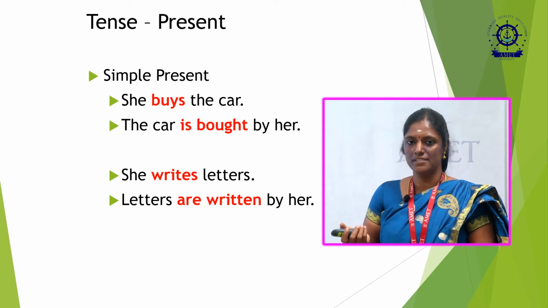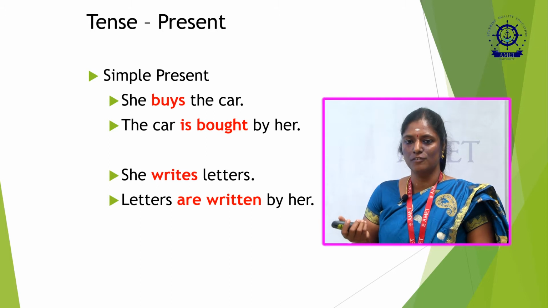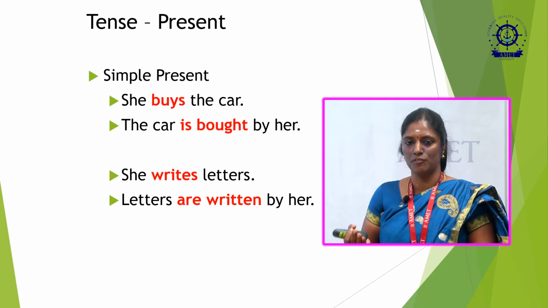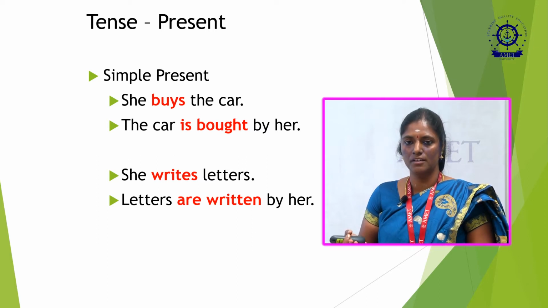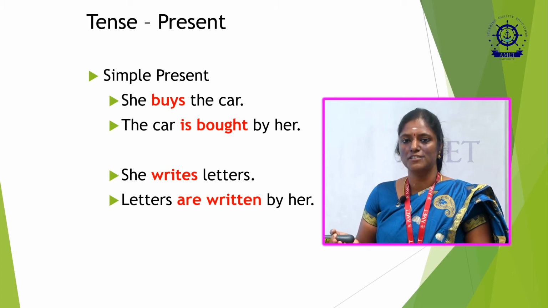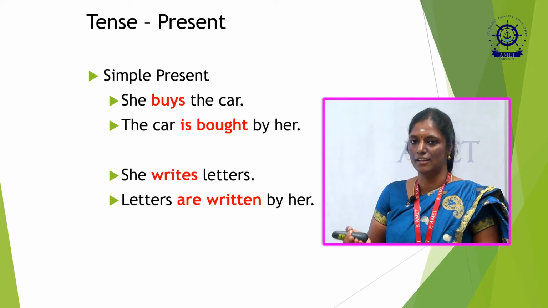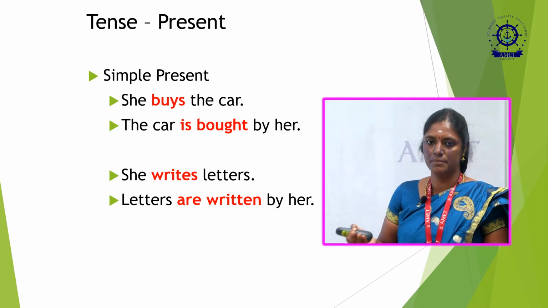So, this is a basic, but here in active voice we are going to learn and use only 3 tense forms, that is simple present, present progressive, and present perfect. We are not using present perfect progressive form because it should not be transformed into passive voice. So, we are not including the last one, we are using the first 3 alone. Let us see the first one, simple present.